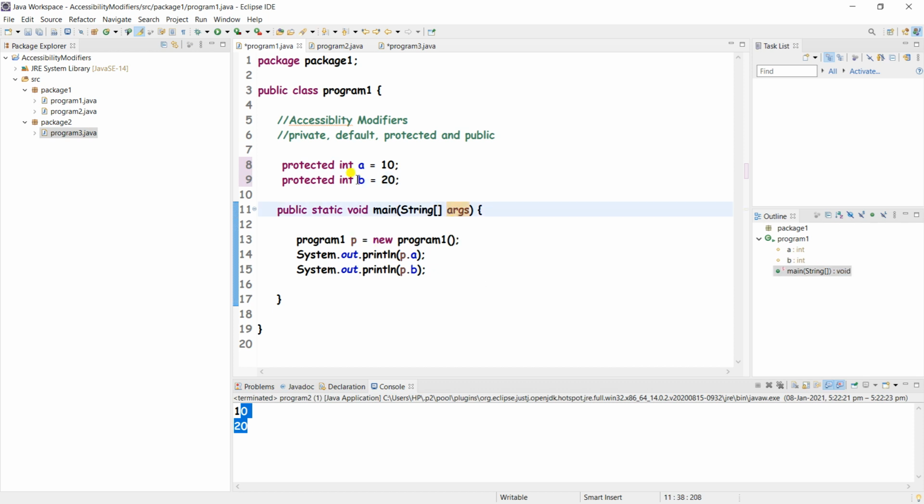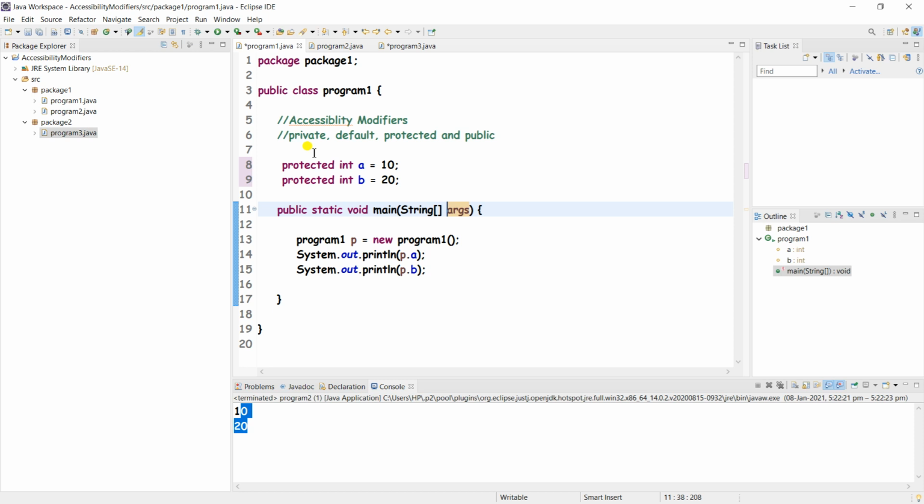So protected members are accessible within the class, within the subclass as well, and outside the package. We can access protected members outside the class or outside the package